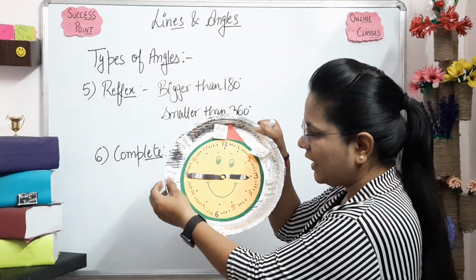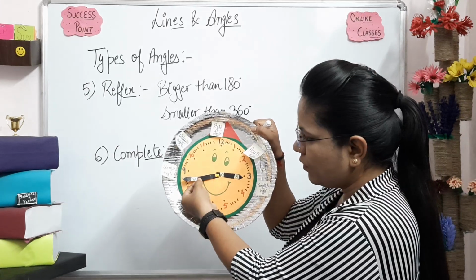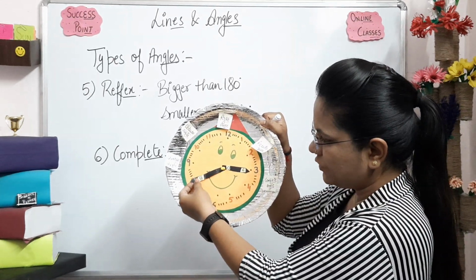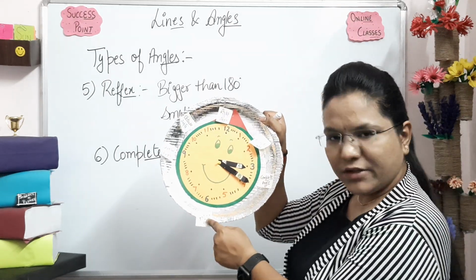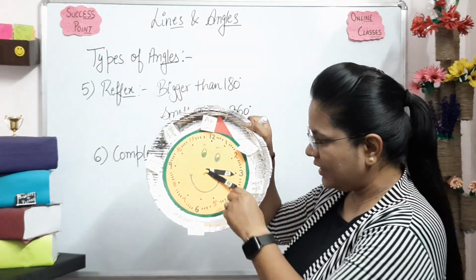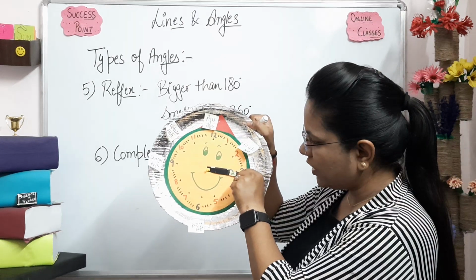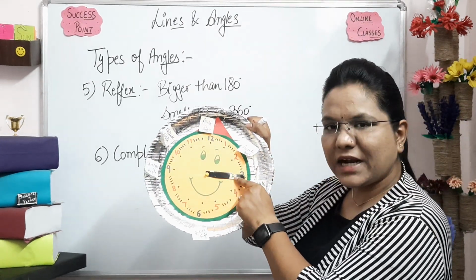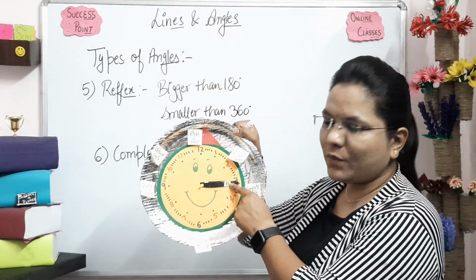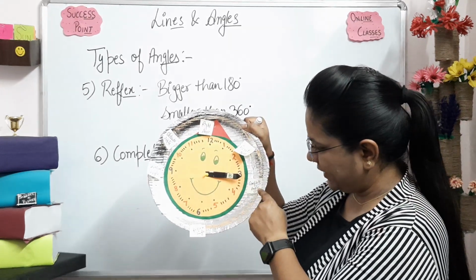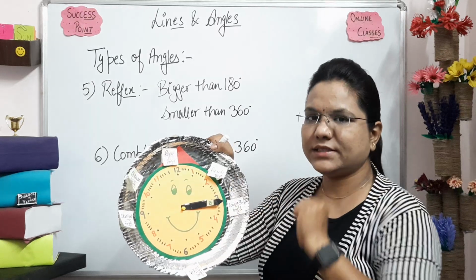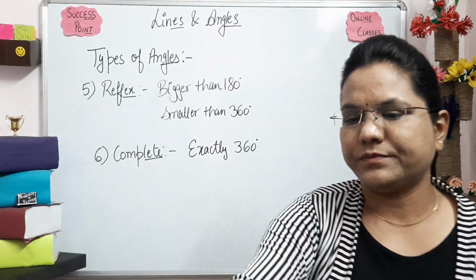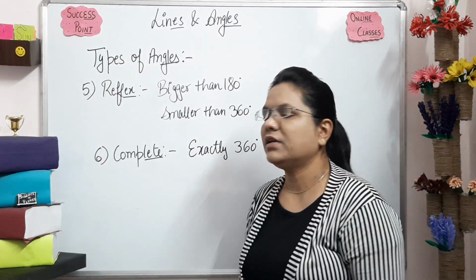Okay? Now if we get a value more than straight angle, all these angles we will call reflex angle. Okay. Now if it moves to the starting point, this is the starting point and this is the ending point, this one we will call complete angle. Complete round is 360 degrees. Okay. So this is all about angle.